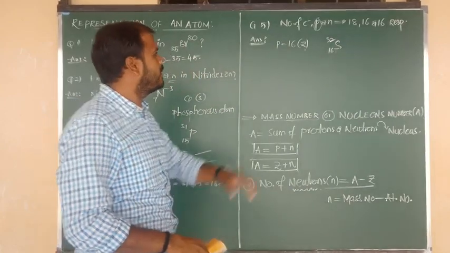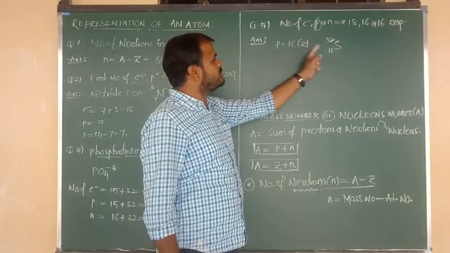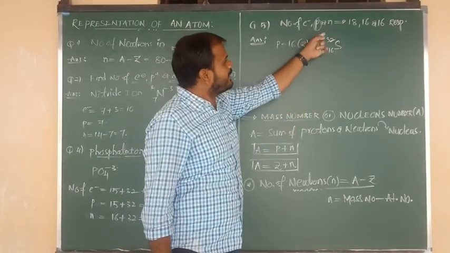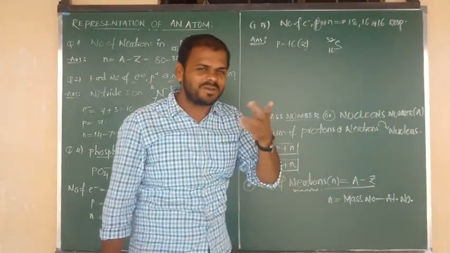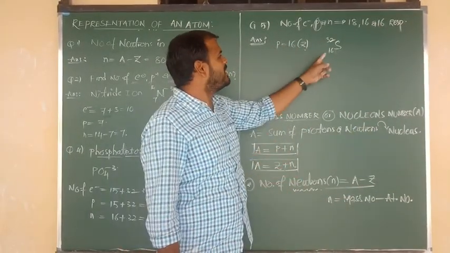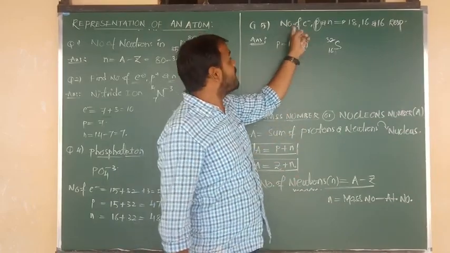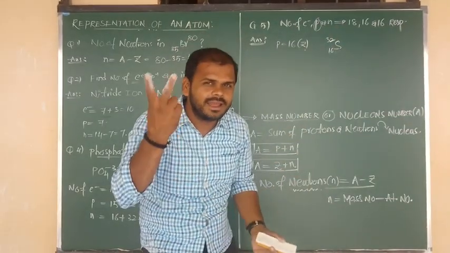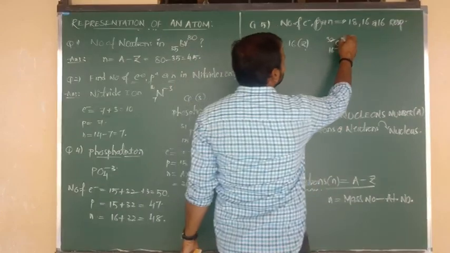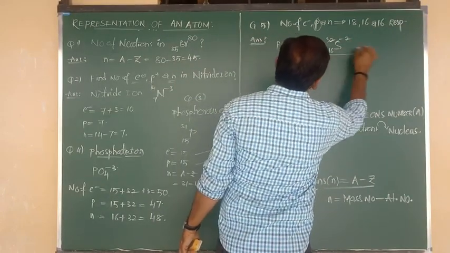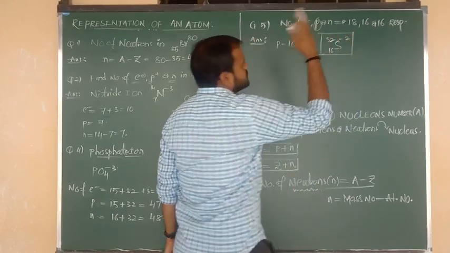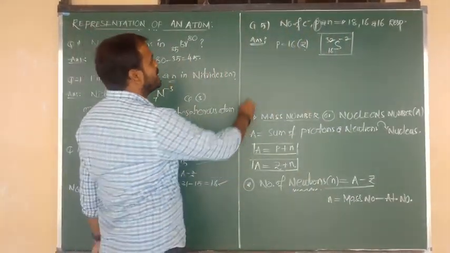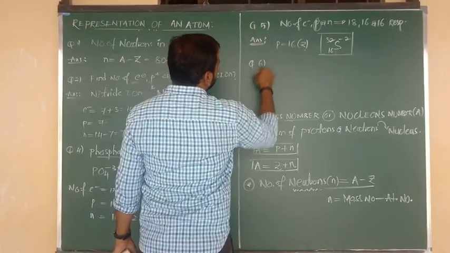Now listen carefully. Protons and Z value 16. 32 minus 16 means the number of neutrons again becomes 16. Okay, two values satisfied. But here the number of electrons is 16, but as per the question it is 18, which means it gains 2 electrons. So we can write the answer as S with charge minus 2. This is your symbol for the given question.